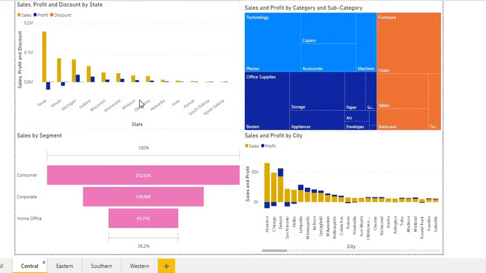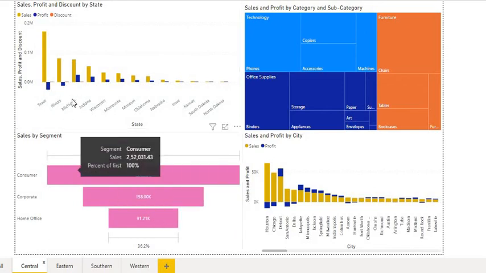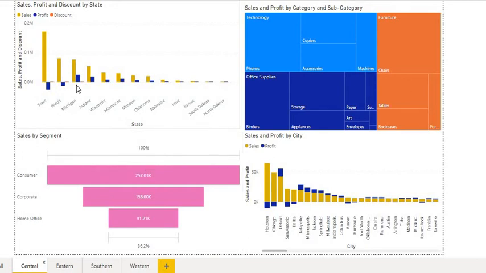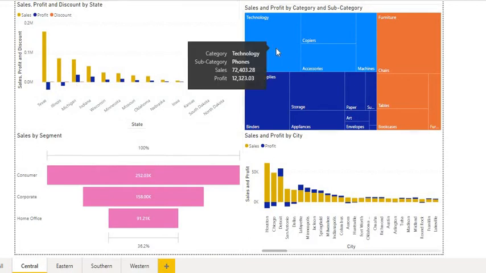Cities are subparts of states. As for the first and fourth diagram, the yellow bars indicate sales, blue bars indicate profit. When the blue bars lie below, it is indicating loss, and when it is above, it is indicating profit. So you will see in the first diagram, states like Texas and Illinois, there is loss. So we may need to identify like in which items they are making losses. So let's start with technology.